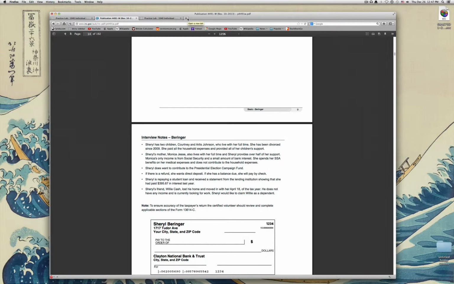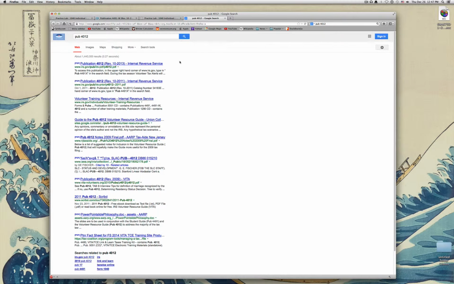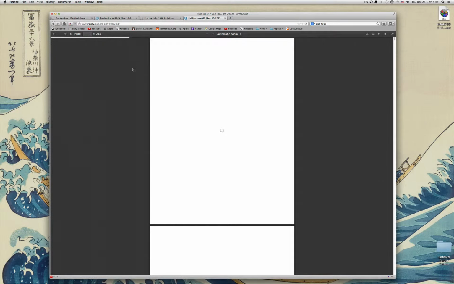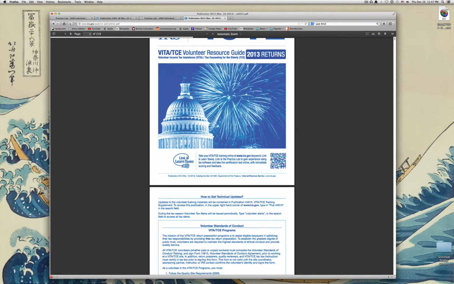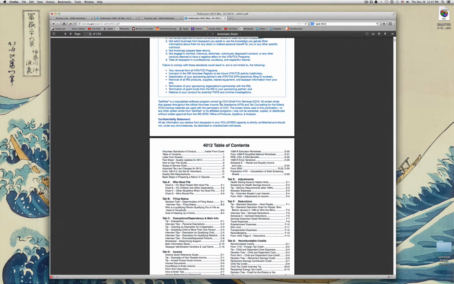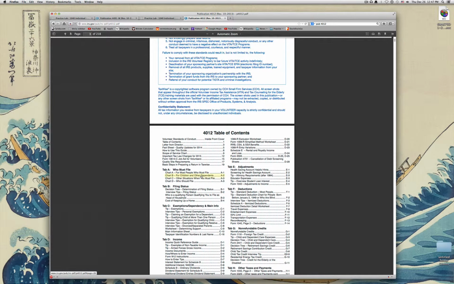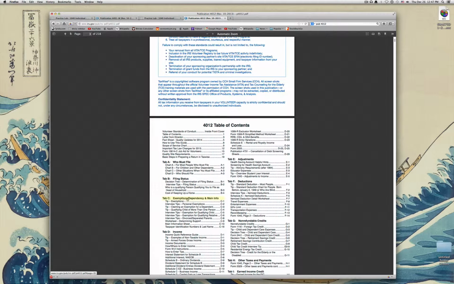Let's just pull this up since we have some time for those that want to continue. Easy way to search here. Publication 4012 is where you're going to be referencing more than any other publication when trying to prepare a tax return. That and Publication 17. And so let's just take a quick look at this one topic. This just gets you familiar with how to reference questions. So it's a spiral bound book, so it's easy to flip to the different pages, the different tabs. This is about the filing status and then exemptions, dependents, who you can claim. And so